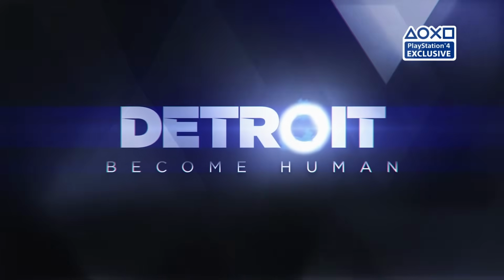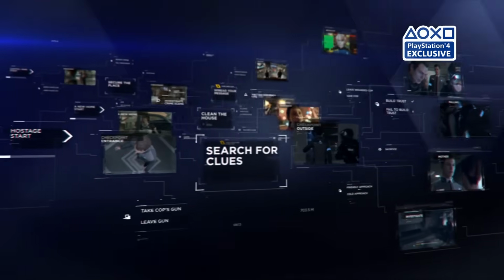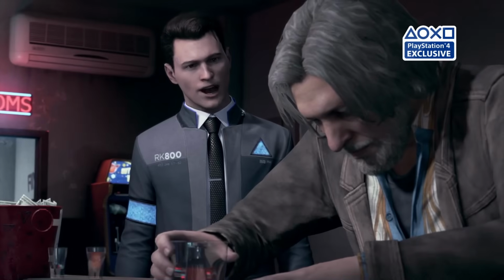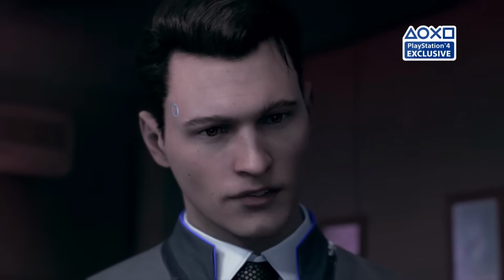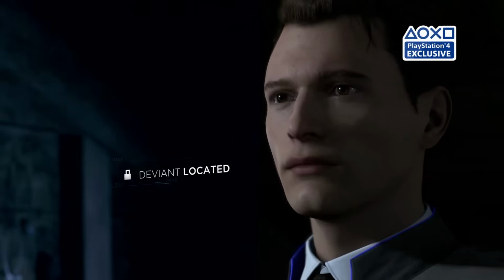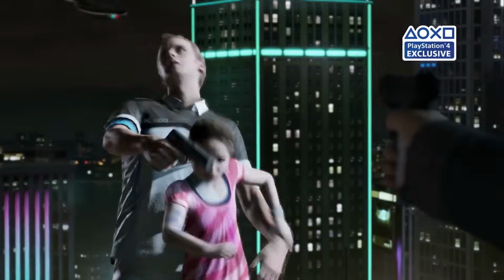Take for example Detroit Become Human, a game that prides itself on its branching paths. However, each choice has its own cutscene and reaction to it despite all of the choices you made previously. Connor has a deviant route and a machine route. If you take the deviant route, you choose to spare androids and care about people around you, sacrificing results for the safety of others, even if they're robots. If you take the machine route, then you only prioritize your mission and don't take other people into account.